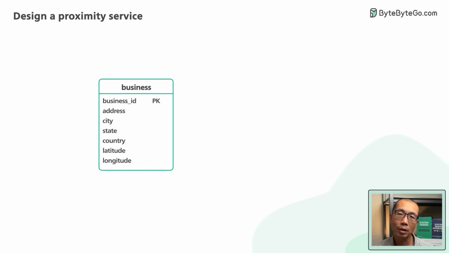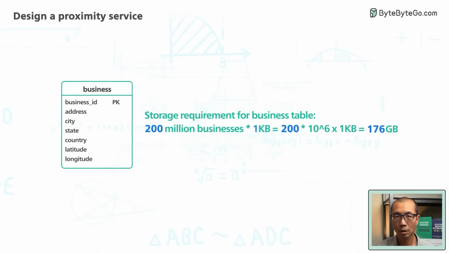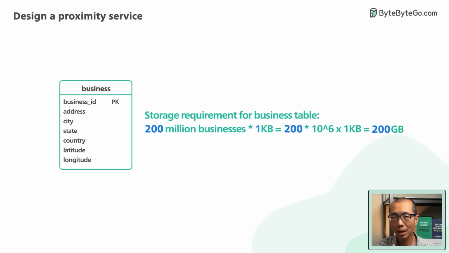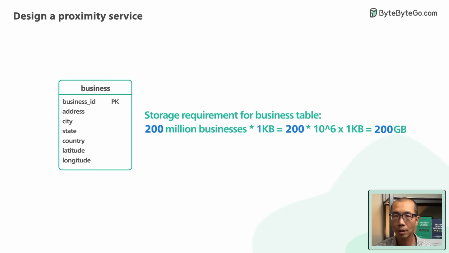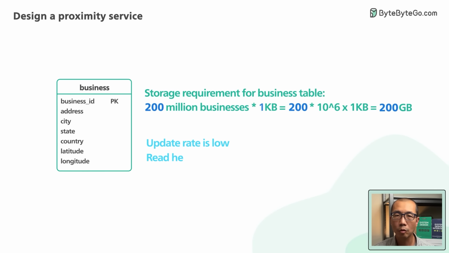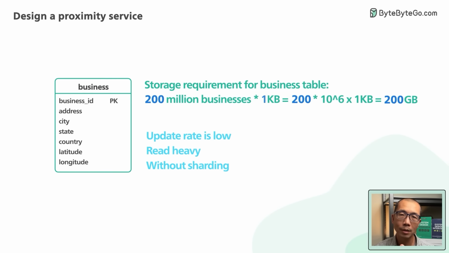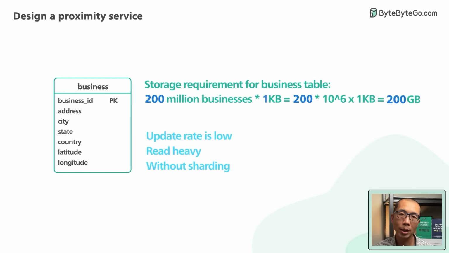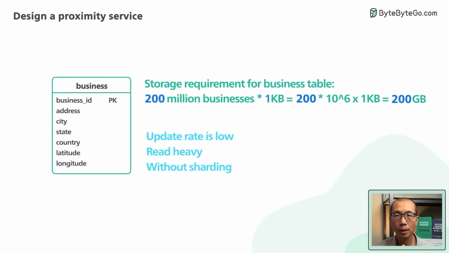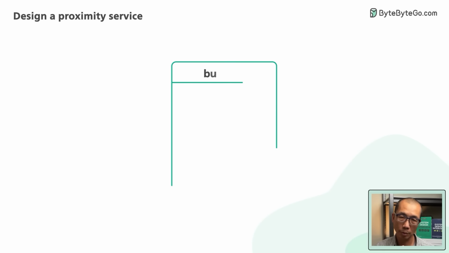We estimated earlier that the dataset for the business table with 200 million businesses is in the terabyte range. For modern hardware, it is not that large. The dataset size is on the borderline where sharding might make sense. For this table, the update rate is slow and it is read heavy. We should be able to get away without sharding if we put a cache in front of it. This cache would take most of the read load of the frequently accessed businesses, and it should give the business table quite a bit of headroom to grow. Adding read replicas could also help with the read load. We have a lot of options for the business table.